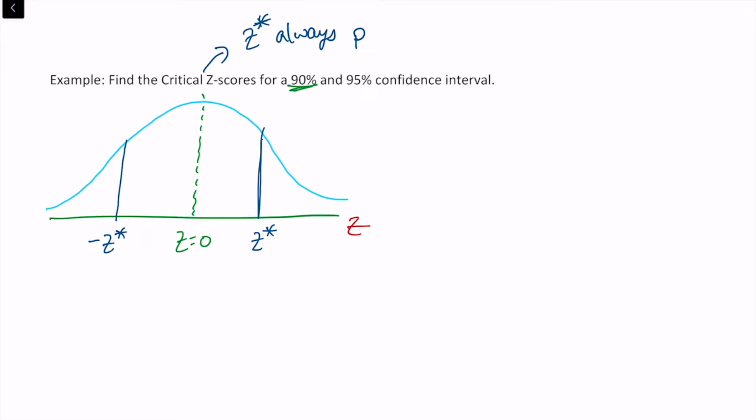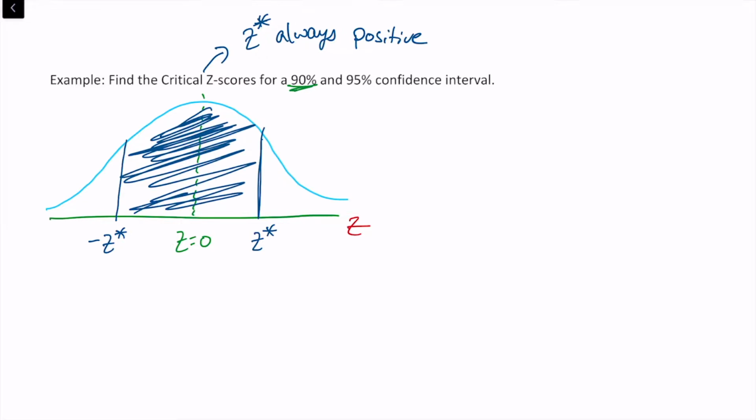Always positive. Okay? So, where does the confidence level come into play? We are 90% confident. What that means is that in between those two unknown critical Z-scores, the shaded area between them is the confidence level. So all this that I'm shading in between here, this is 90%,